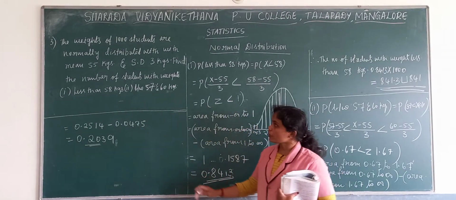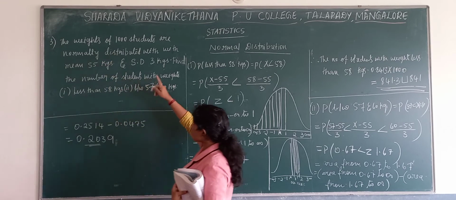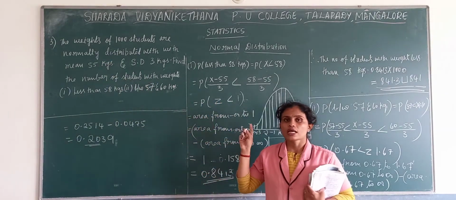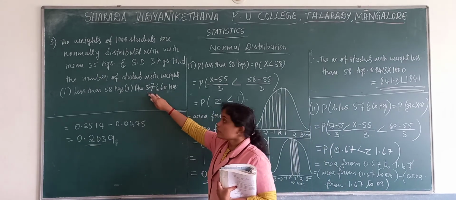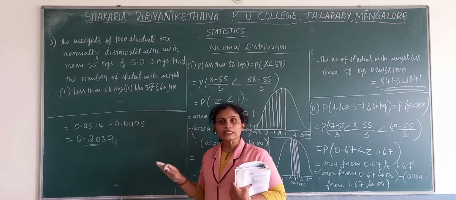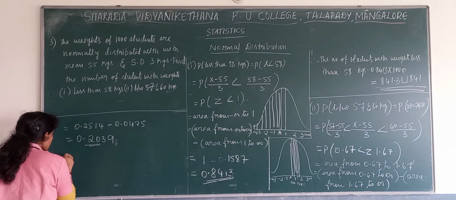Now what we need to find out? We have the n value with us. So what we need to find out is the approximate or the exact number of students whose weight is between 57 and 60 kgs. Now the number of students